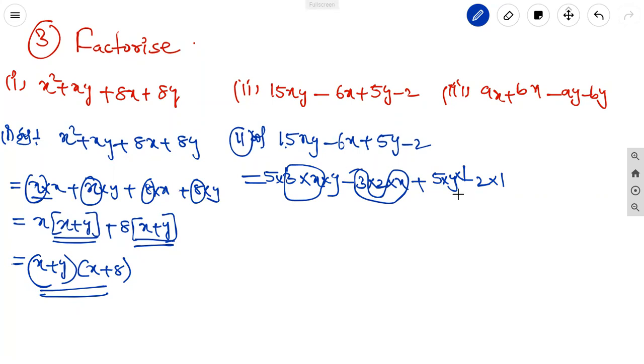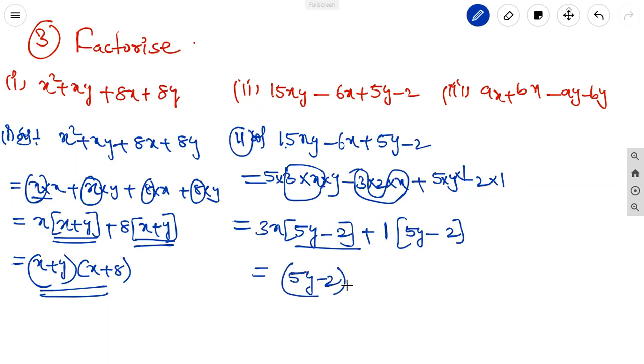In the last two terms, what is the common number? 1 is the common number. So here 3 into x, 3x, remaining are 5 into y, 5y minus 2. Plus, in this, the same 5 into y, 5y minus 2. What is common here? 1 is common. Just remember it and we collect it here in the two terms. So 1 is common, but we cannot write it, because we know that. Okay, next, taking common 5y minus 2, the remaining terms are 3x plus 1. Okay, it is the second one.